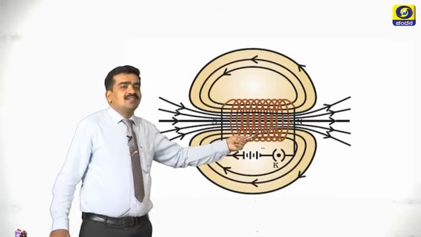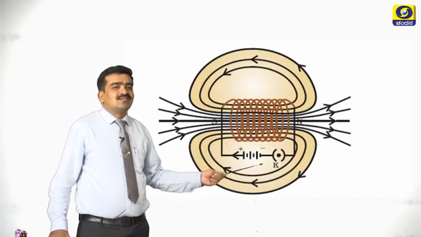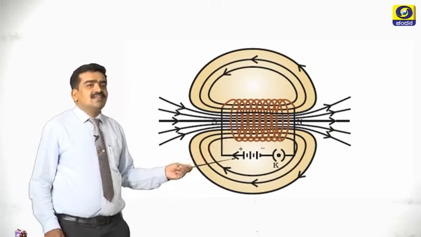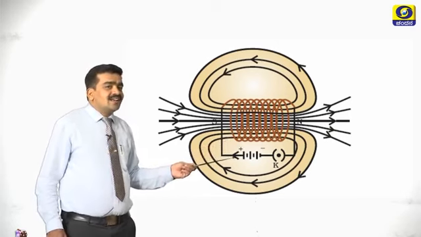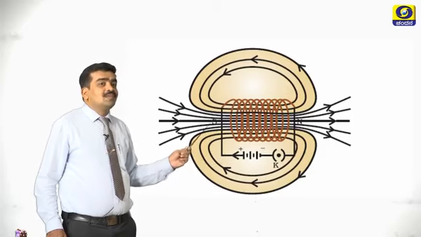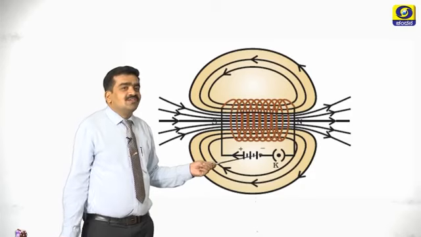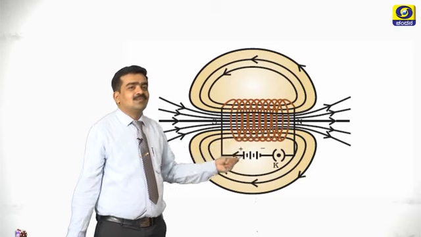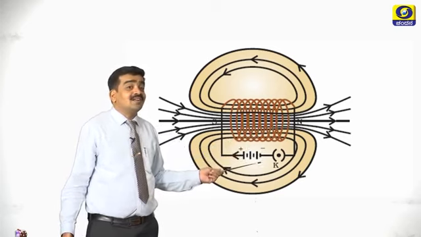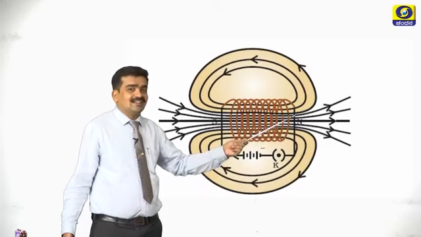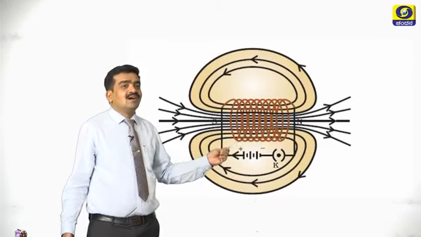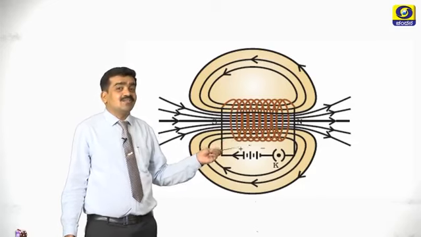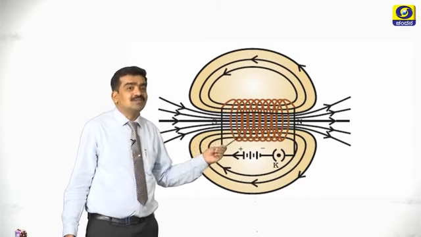Here see the direction of the magnetic field lines with respect to the direction of the current provided to the solenoid. When the end is connected to the positive terminal of the battery, it will be the south pole, and if the negative terminal of the battery is connected, that end of the solenoid will be the north pole. You have to connect the negative terminal with the north pole, N to N. It is easy to remember. Then what is the direction of the field lines inside the solenoid? It is from south to north.